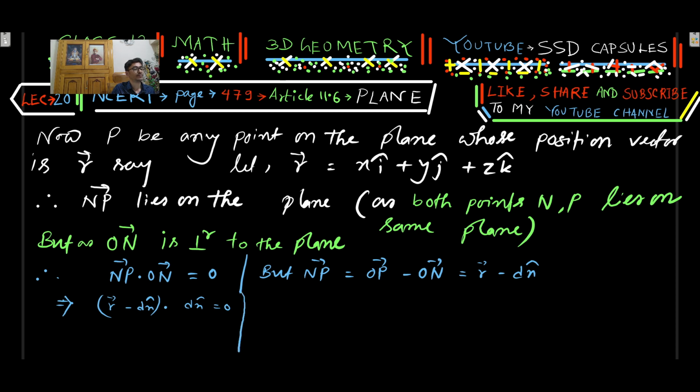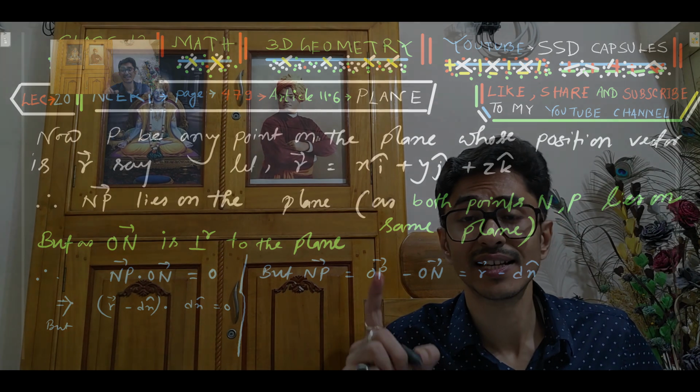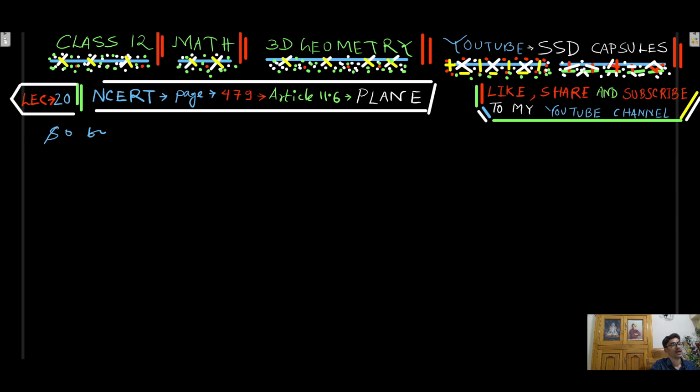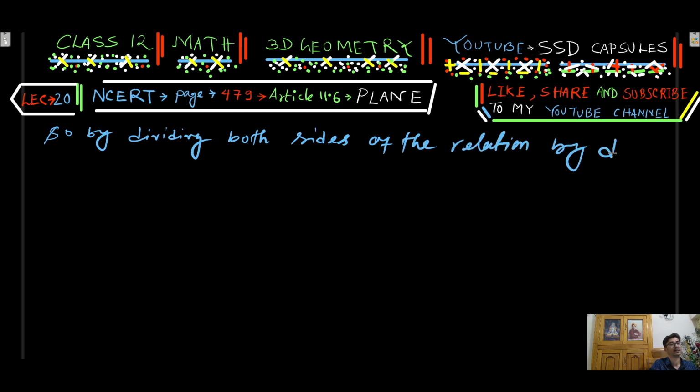But as d is the distance from the plane to the origin, d must be not equal to 0. As d not equal to 0, we can divide by d both sides. So you can go to the next page. By dividing both sides of the relation by d, we have, from the previous page,